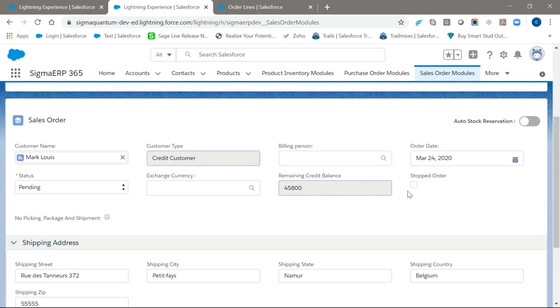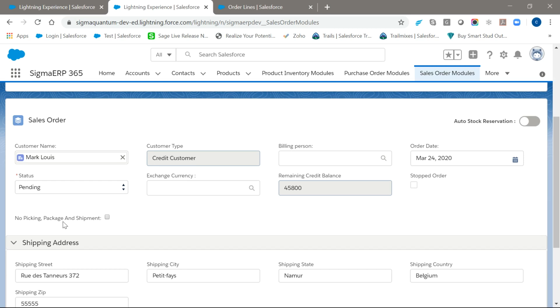And if the credit limit is breached for the customer, the stopped order checkbox here will be checked, which will not allow us to proceed with the order fulfillment. So it can also be overridden in case you want to still go ahead and fulfill the order.